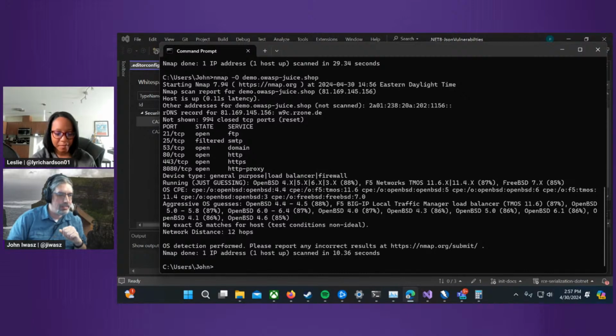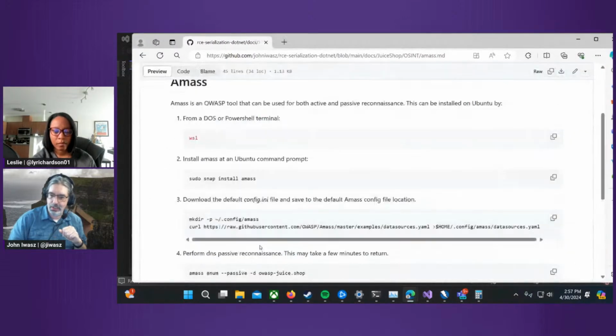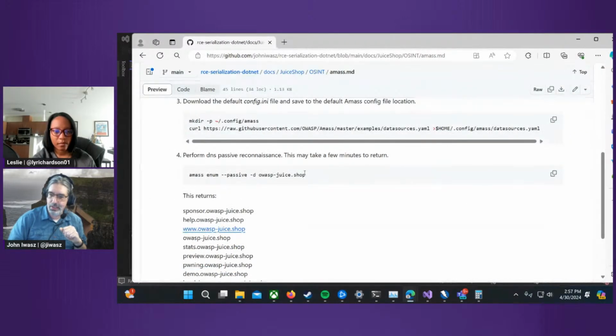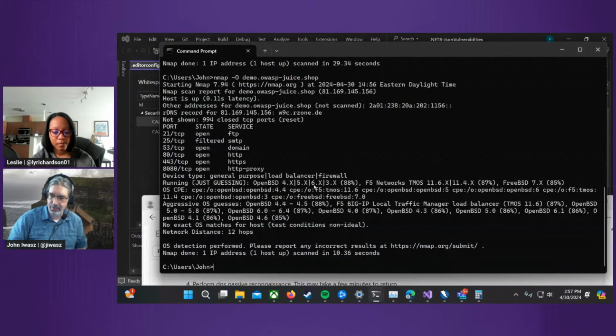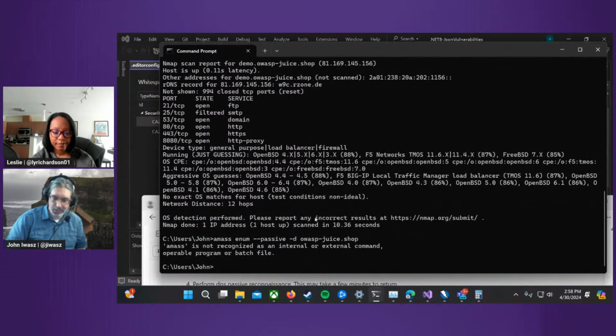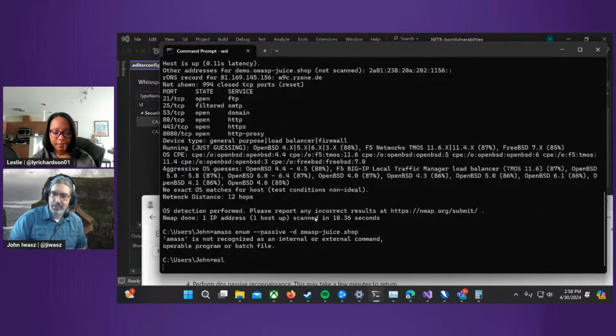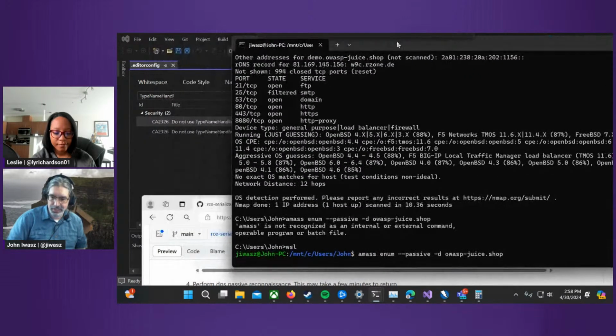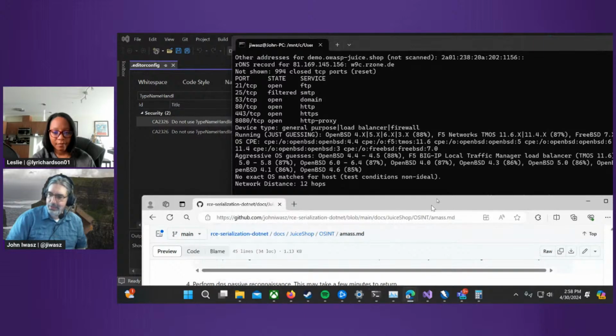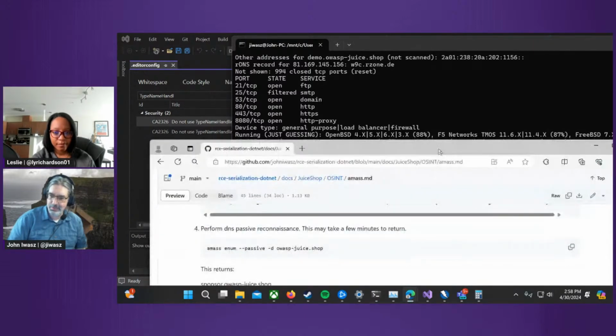Let's take a look at Amass. So Amass will do a scan for subdomains off of a root domain. So we've got OWASP Juice Shop here. If I launch a scan here, it'll take a moment. Sorry, that's a Linux item. It'll take a moment to finish that, but like a good cooking show, we've got